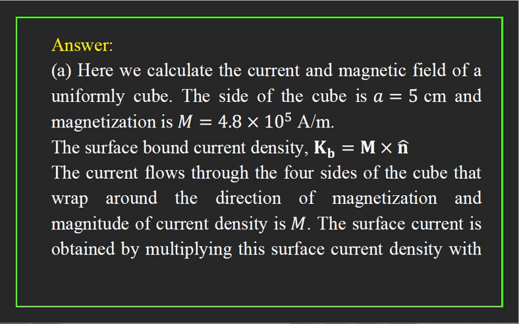So it flows through the four sides of the cube that wrap around the direction of magnetization. That is, the current will be curling around the magnetization. So the magnitude of this current density is m, because magnitude of Kb will be equal to magnitude of m. As m is uniform, we can safely take the magnitude as equal to magnitude of m, because n cap is a unit vector, so magnitude is 1. So the surface current density is m, and the surface current will be obtained by multiplying this surface current density